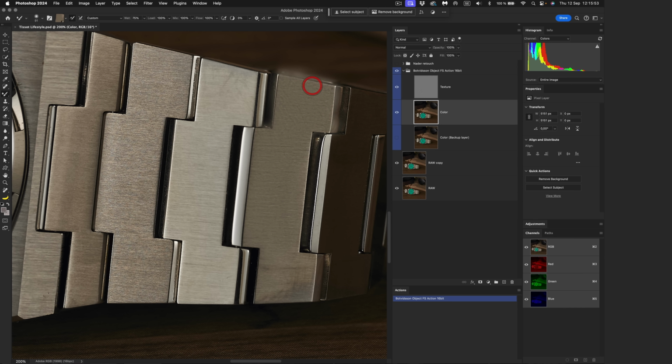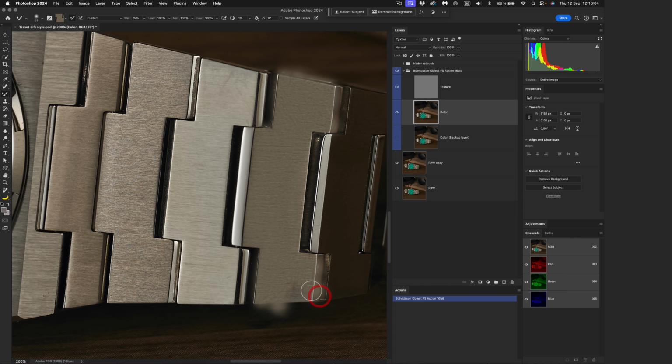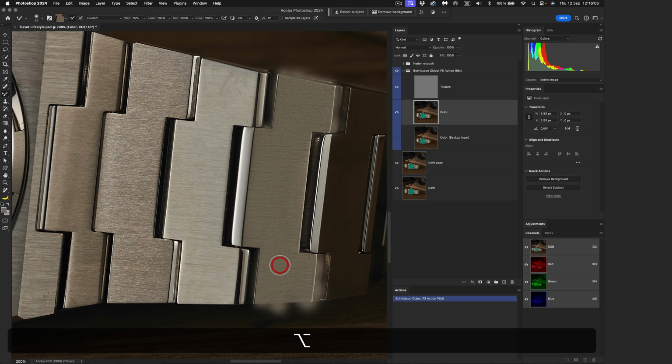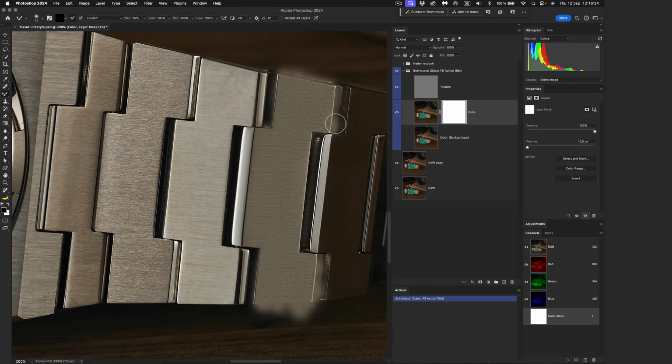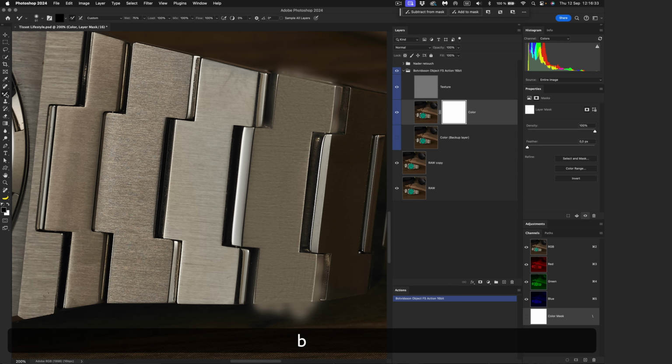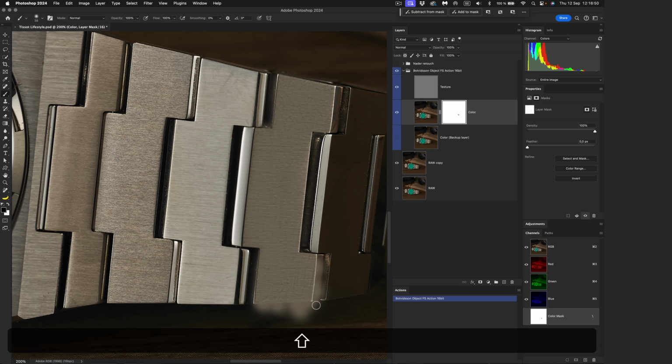So I will show you two ways to fix this. So I'm just dragging, you know, so we will have the same color. There are no spots, no smudge, no nothing, something like that. And then I add a layer mask with this icon, and then I choose color black. Then we need to have the regular brush and color black, and we then just paint on this mask, and it will disappear what we missed here, like that. And on this side too,